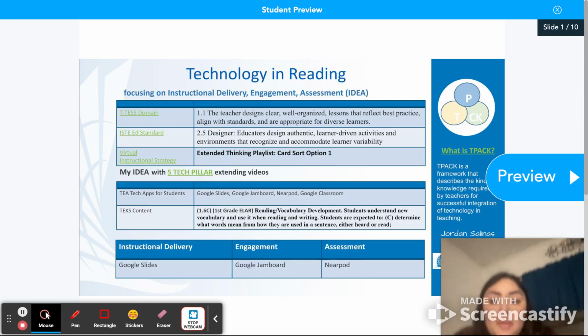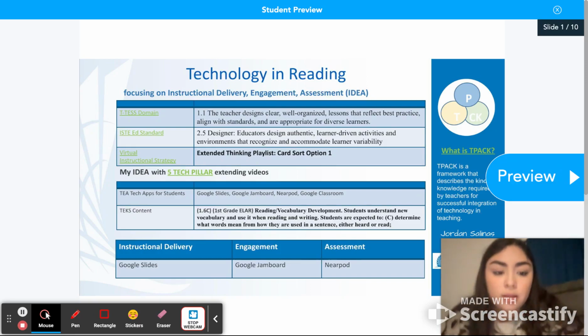First off, I just want to say I'm doing first grade. So the TEKS that I chose was 1.6C, first grade ELAR, reading and vocabulary development. The TEKS is students understand new vocabulary and use it when reading and writing. Students are expected to determine what words mean from how they are used in a sentence, either heard or read. So my instructional delivery is going to be delivered through Google Slides, which, like I said, I went ahead